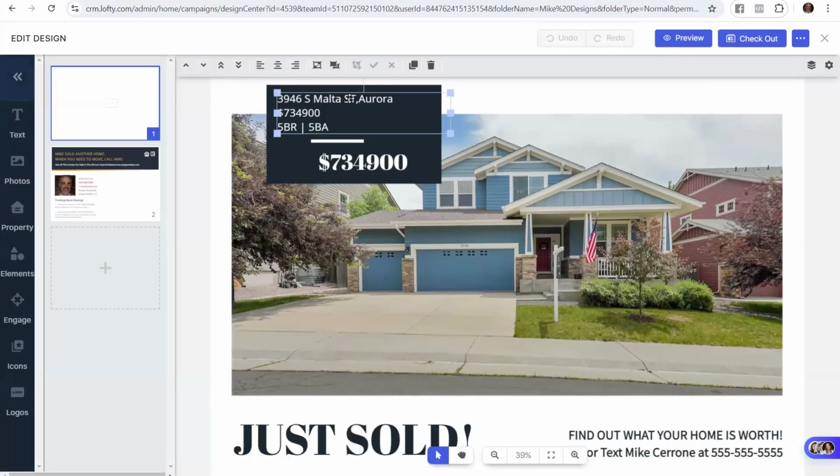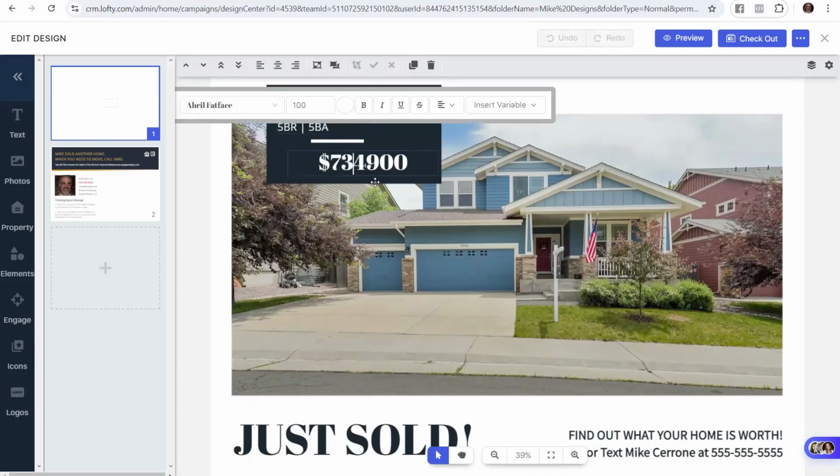I'm going to make some changes, because I want you to see you can make changes. So I'm going to change that big T to a little t. I'll put a space here for Aurora. I'll even put in the state, Colorado. I could have left it alone, just made a little change there. Let's say that this price is correct. Actually, let's say that when we actually ended up selling the property it was a different price. Maybe we ended up with 731,750 when we got through with all of our negotiations. How's that? Remember, we got the price listed twice here, so we'll go ahead and update this one to